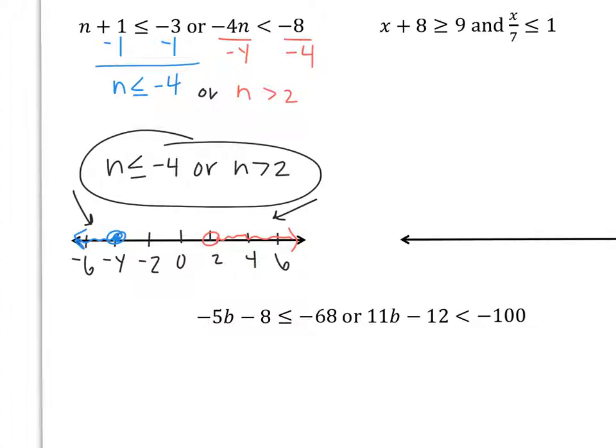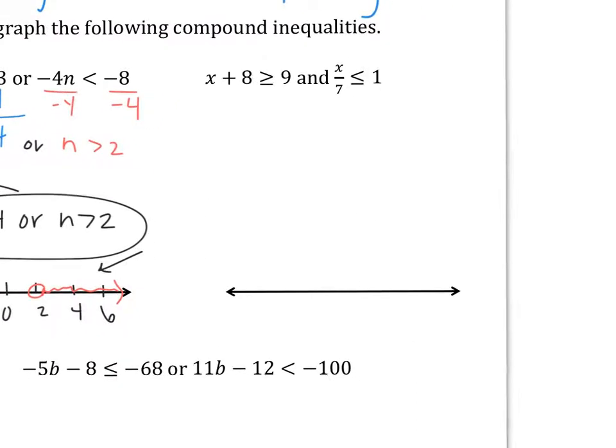So let's move on here. And hopefully you'll start to remember these, and you'll remember, oh yeah, this is the difference between or and and statements. Or if not, here's just a quick little brief overview. So x plus 8 is greater than or equal to 9, and x divided by 7 is less than or equal to 1. So when I see an and statement, this is obviously different than an or statement,